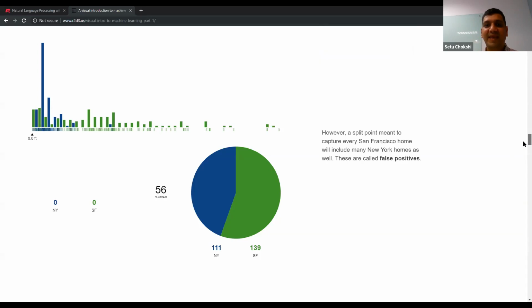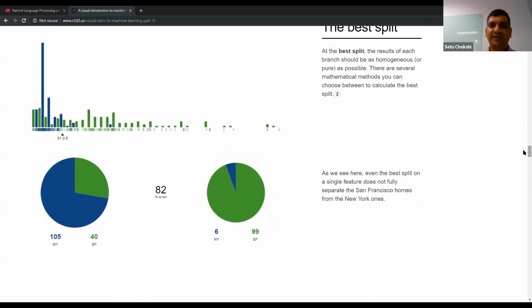So now let's play around with this. If we keep playing with these values, so if I do 91.9, I get to about 82%, which is way better than what I did here. On the left-hand side, I got a few errors where some apartments that are in San Francisco got classified as New York. The same goes for San Francisco on my right-hand side, where there is a lot of green, but some of the apartments that are in New York got classified as San Francisco apartments. So we figured out, doing these sort of splits, a correct value as we built along.